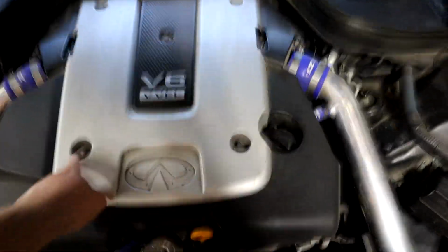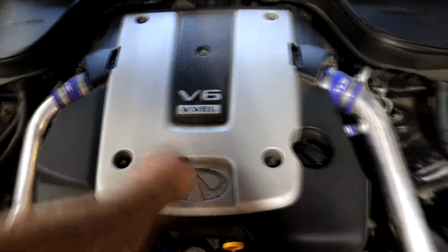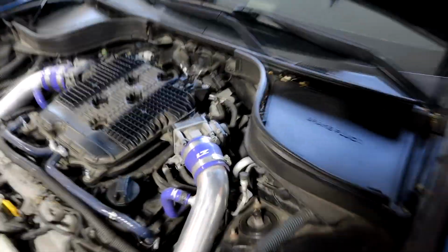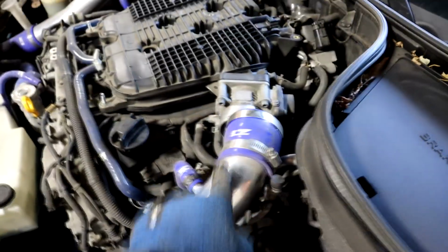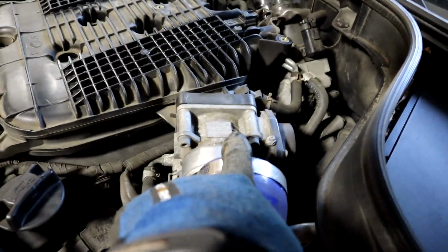All right, so the first step is to remove the engine cover, which is real easy. It's these 5 bolts. All right, so first step is we gotta disconnect our intakes, which is really easy. All we gotta do, what we should only have to do is this first clamp. And get those out of the way. All right, with these disconnected, we may have to take the whole tube out. We don't know yet. We are actually going to unbolt our throttle bodies with these 4 bolts and get those